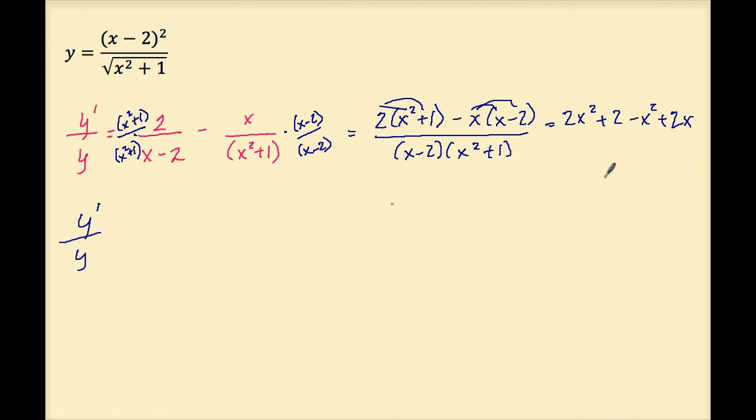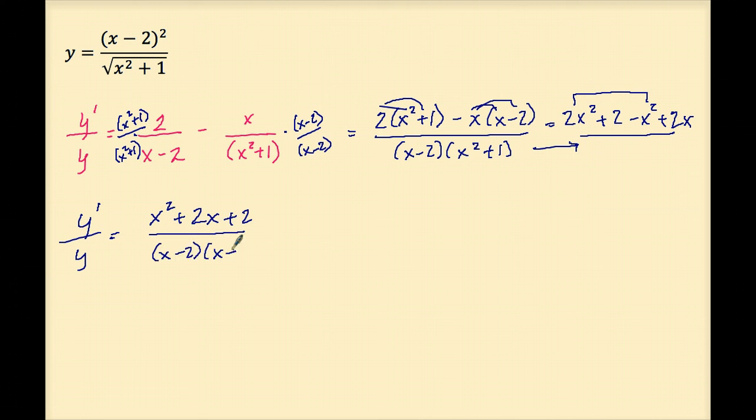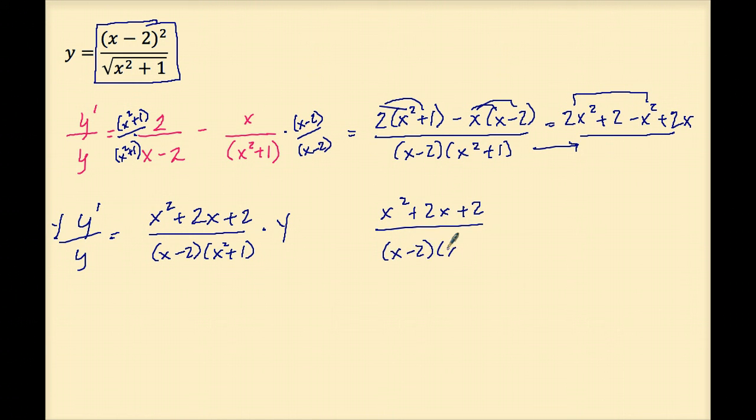Y prime over y over this denominator. We get that right. And then this is now going to be 2x squared minus x squared is x squared plus 2x plus 2 over x minus 2 times x squared plus 1. Now it's time to multiply both sides of this equation by y in order to solve for y prime. But we need to multiply by y in the form of the original function, which means we're going to multiply x squared plus 2x plus 2 over x minus 2 times x squared plus 1